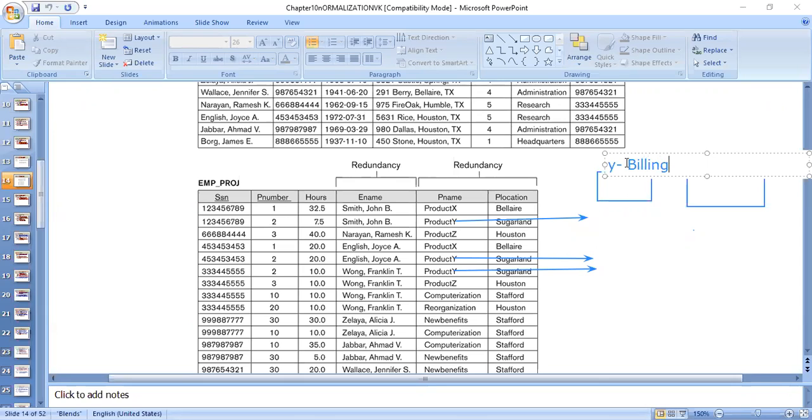So I will have modified a value in only one tuple in this particular table. Can you understand here? I will have modified only this project table, and that too only one record. If I modify that particular project name, that will be sufficient, because every project will be entered only once in the project table.